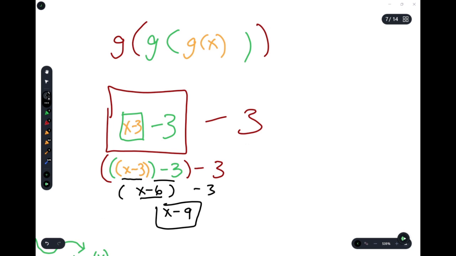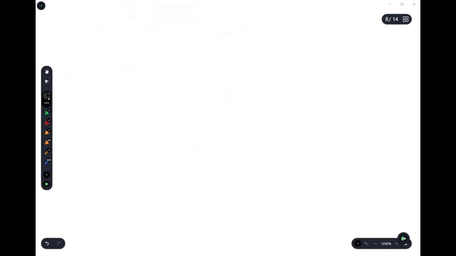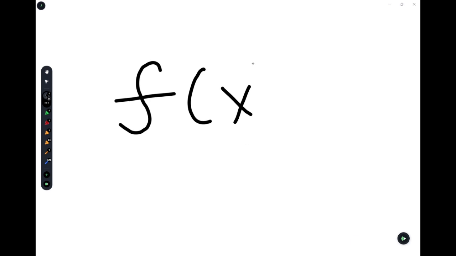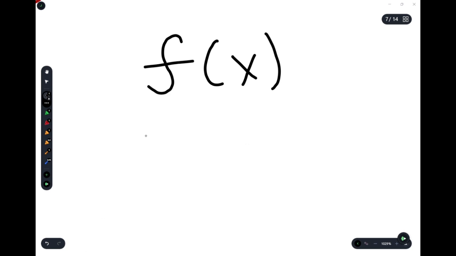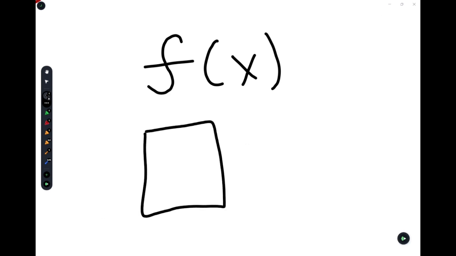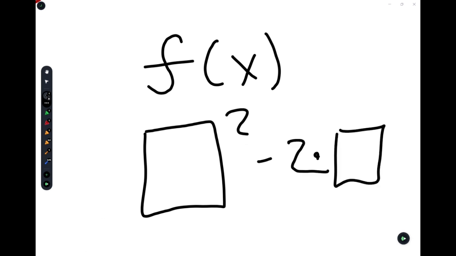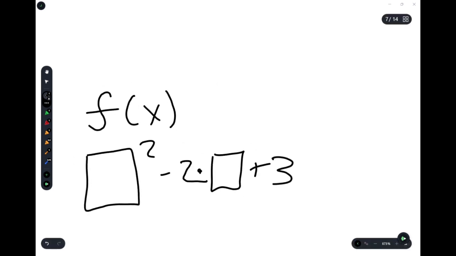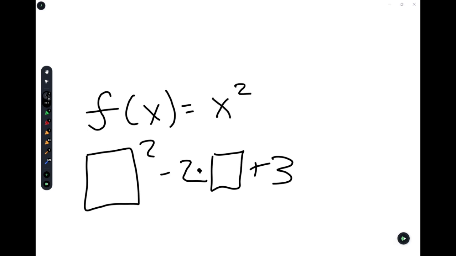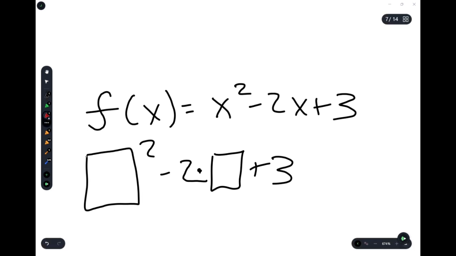Every time, that's basically our brains looking at an f of x and knowing that's not like anything. X isn't anything. X is just a random placeholder for whatever happens. That's really just like blank squared minus 2 times the same square plus 3, right? Totally a normal way to visualize and think about a function. And that function would probably be x squared minus 2x plus 3. Pretty common function. Those blanks are a good way to visualize variables if your brain is having a hard time